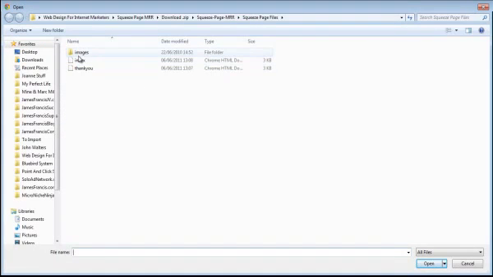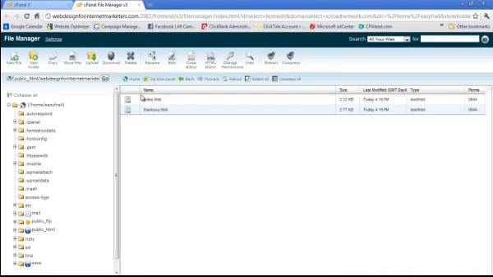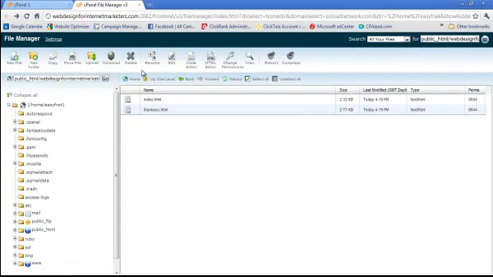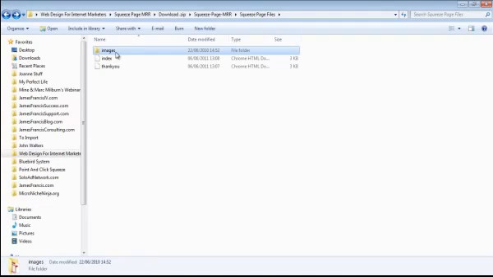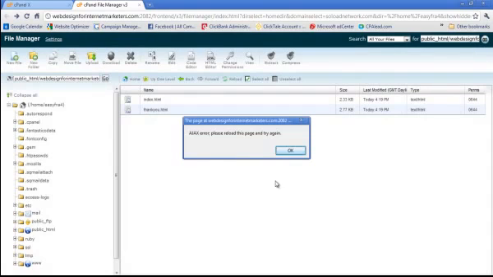Then we need to go into images here. So we need to replicate the way the images are here. Actually we need to go back to this thing here, and then you'll see the two folders here. Now to get the images to show up on the squeeze page itself, we need to create a new folder and call it the exact same name as this images folder here. So we need to create a new folder called images inside this folder here, or if you've got a root domain, whether you're installing it on your home page, you need to do this as well. And create new folder,